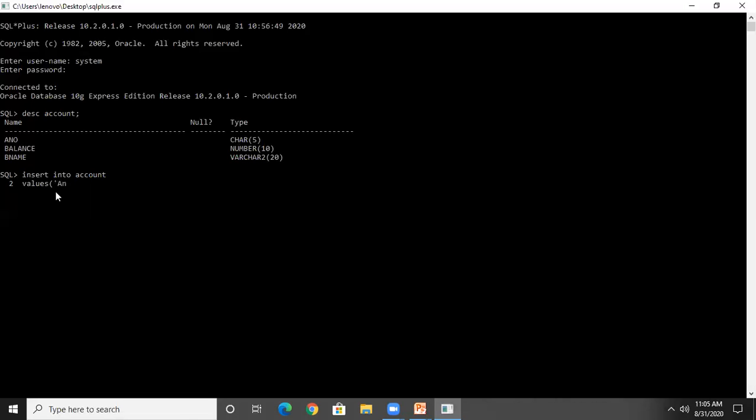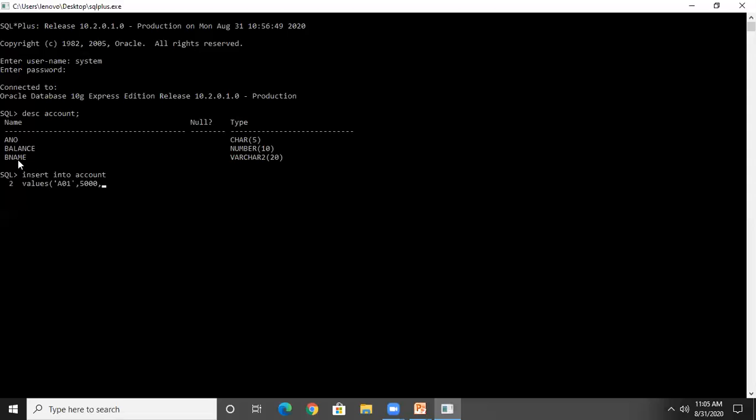So account number like A01. This is the first value for the first column, comma. The second column is balance, having data type number, so no quotations are required. Directly we have to pass a numeric value, 5000, comma.